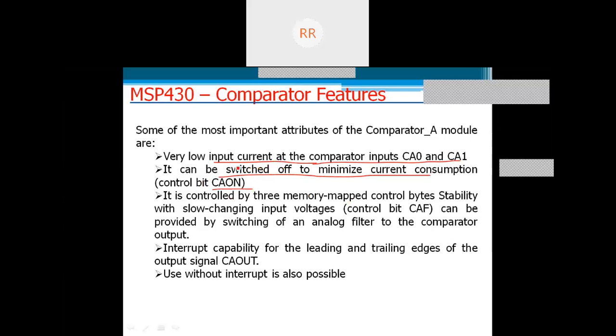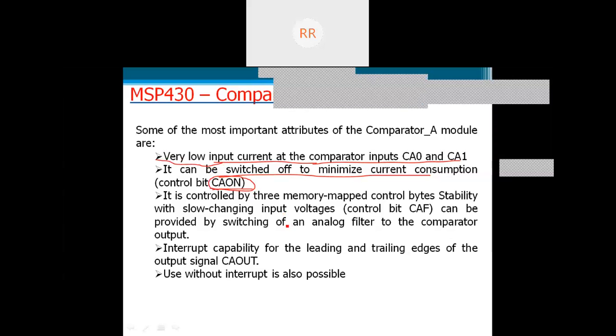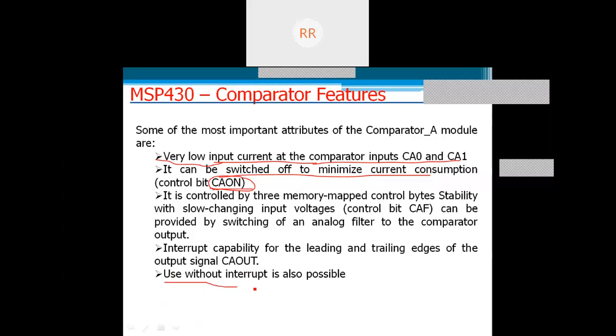It actually consumes very low input current only, but still we can save that current by resetting this particular bit. Like that, even for the A to D converter there is an ADC on bit. If you make that bit 0, immediately the A to D converter block is in off mode and the current consumption will be saved. Using it without interrupts is also possible. Without going for the interrupt facility, we can make use of this particular comparator.